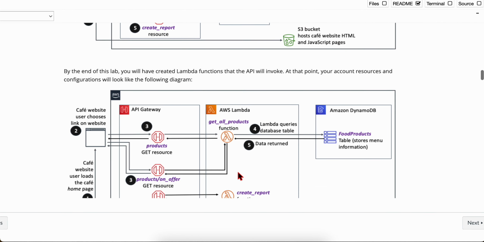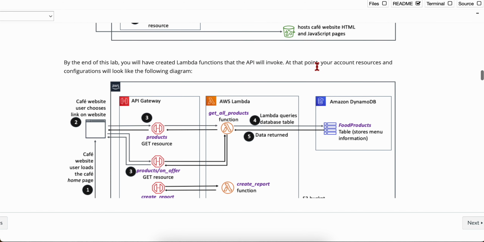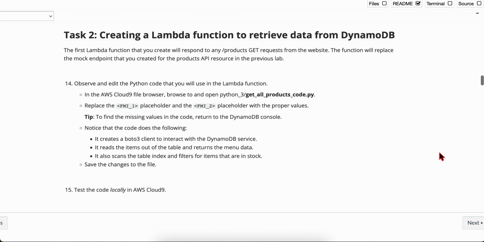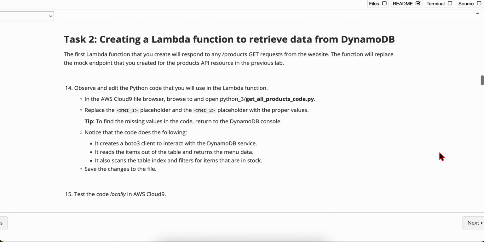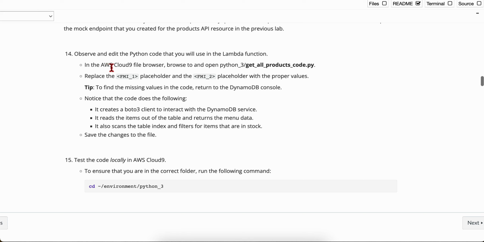Okay. So by the end of this lab, you will have created a Lambda function that the API will invoke. At this point, your account resources and configuration will look like the following diagram right here. Okay. So task 2, create a Lambda function to retrieve data from DynamoDB. The Lambda function that you create will respond to any product GET request from the website. The function will replace the mock endpoints that you created for the product API resource in the previous lab. So observe and edit the Python code that you will use in the Lambda function. In the AWS Cloud9 browser,